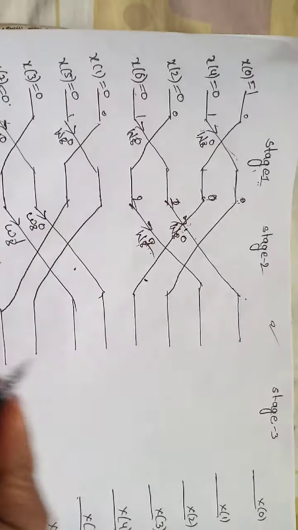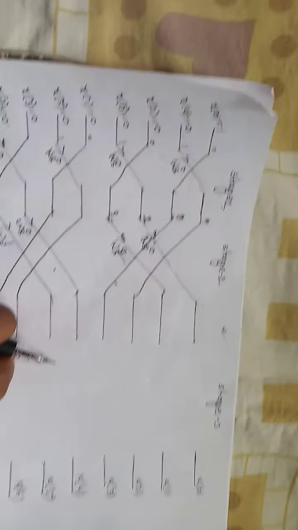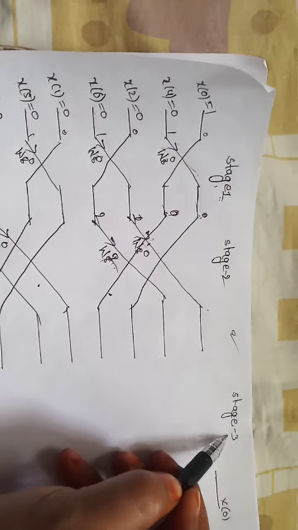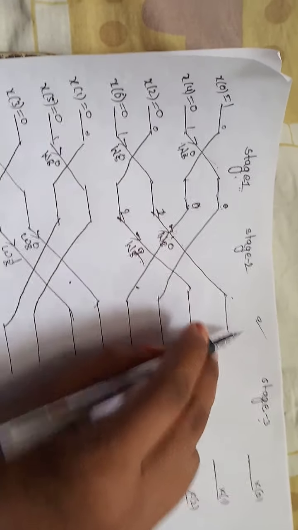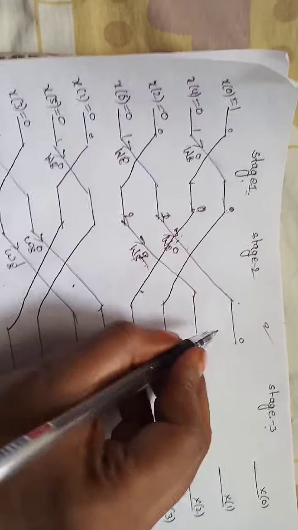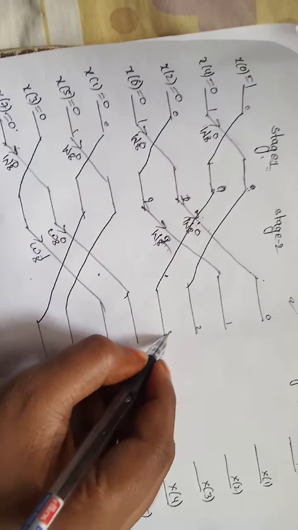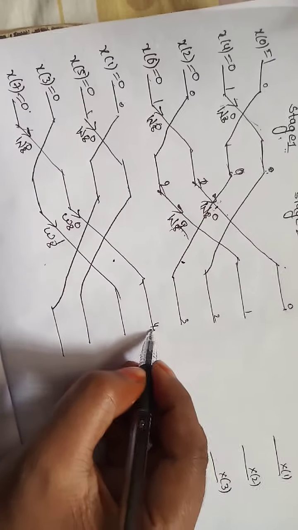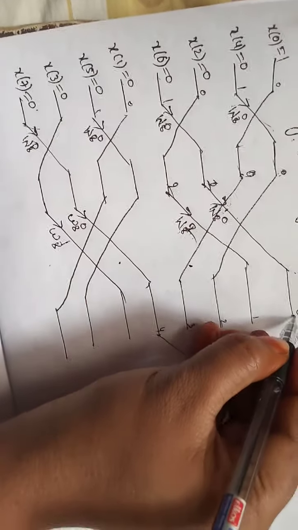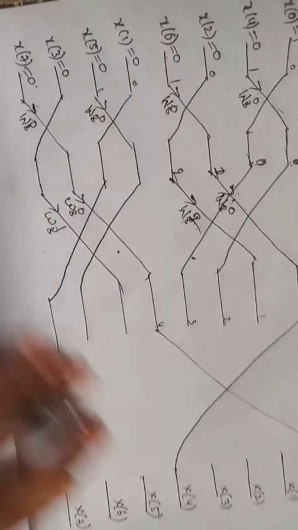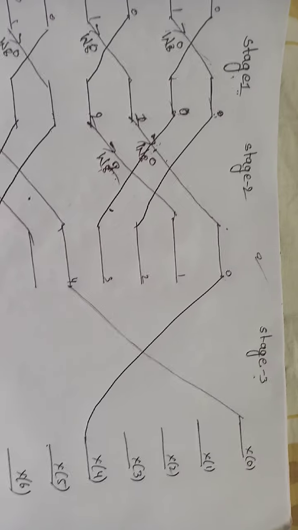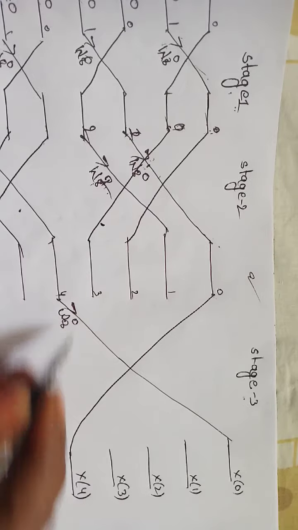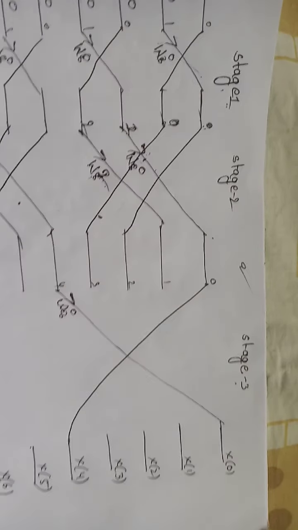See here, these are the inputs, and see the input and output separation, that is the 5th step. So input and output separation for stage 3 is 4. So 0, 1, 2, 3, 4. So here 0 and 4 are connected. 0 opposite is connected to 4 and 4 opposite is connected to 0. We have got 4 factors, that is W8 of 0. The first factor we are writing here.